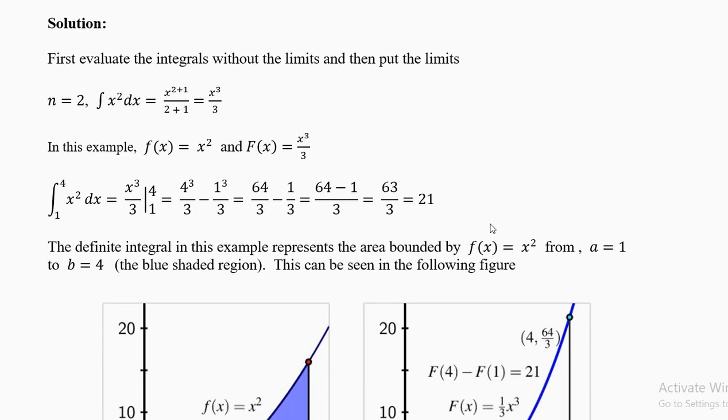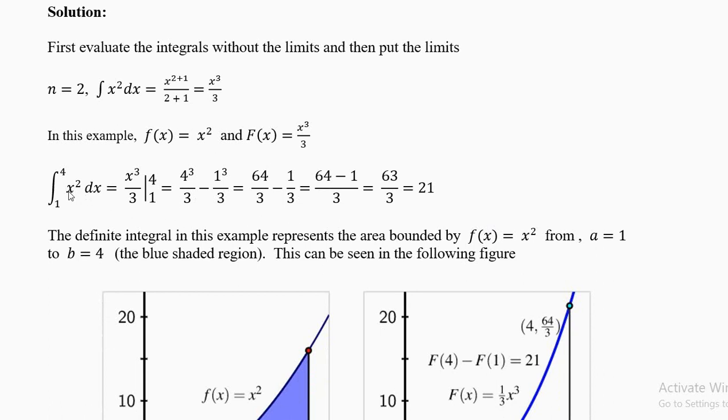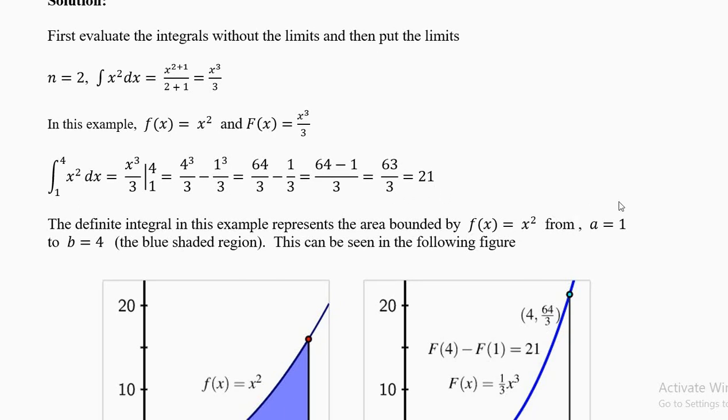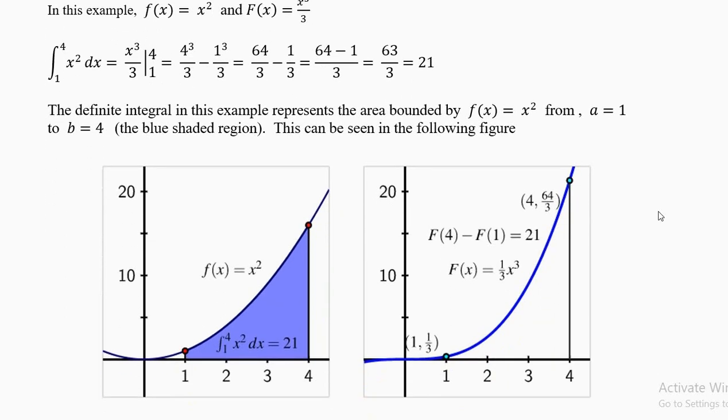Do not get confused. Now after you finish the integration, you have to put the numbers 1 and 4. Do not change the order: lower limit, upper limit. You'll get 4 cube minus 1 cube, full divided by 3, which is 64 minus 1 divided by 3, which is 63 divided by 3 equal to 21. Check this calculation yourself. We have already done it one time in the class.